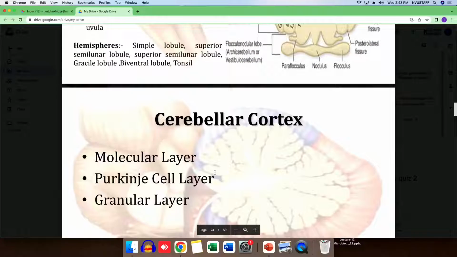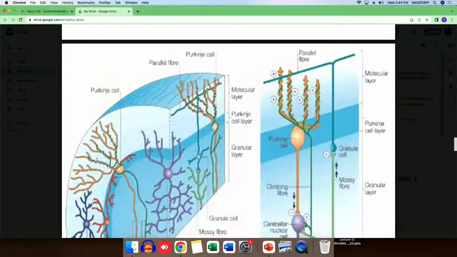Okay, now we are having our intrinsic, and when the impulse is coming, the basket cells and like this